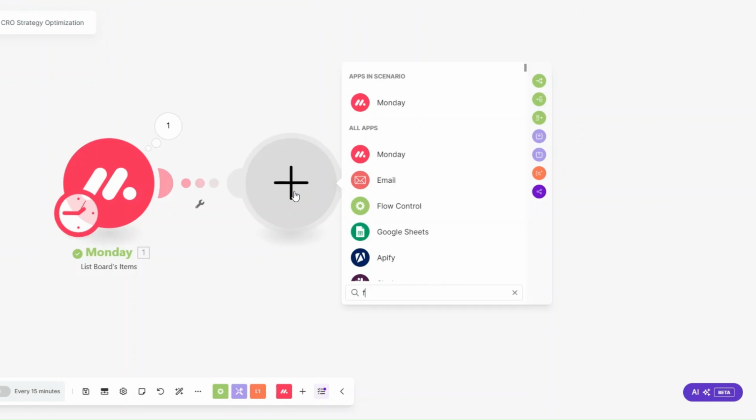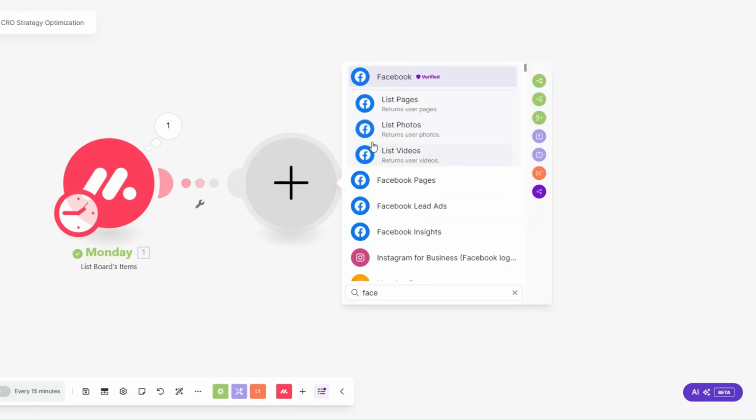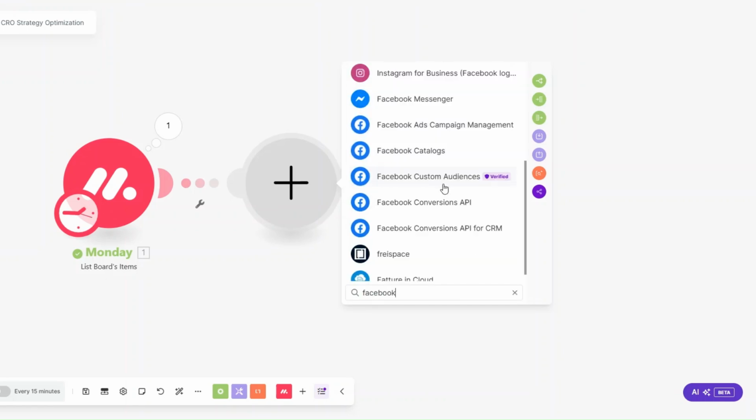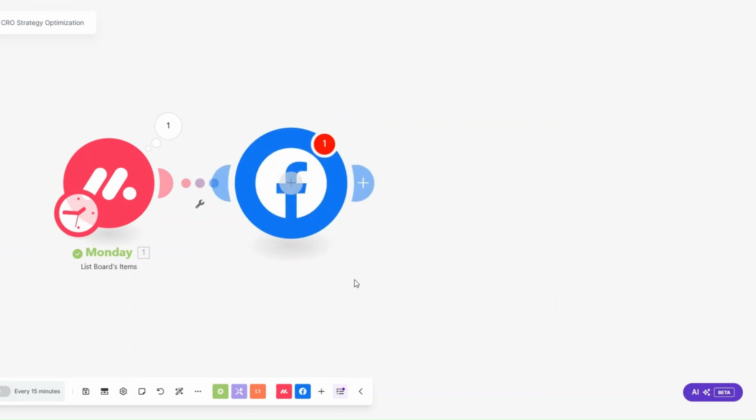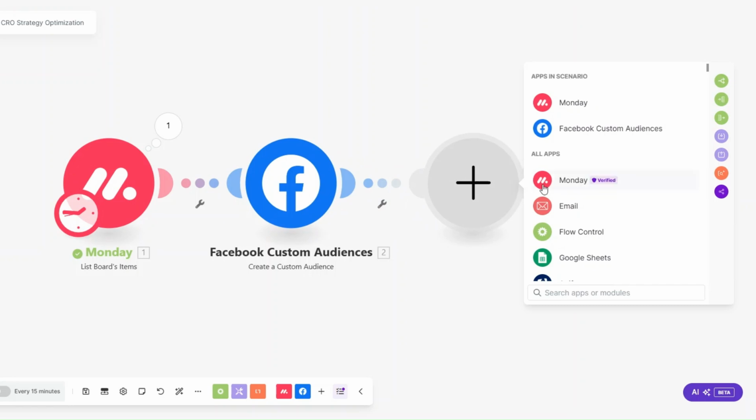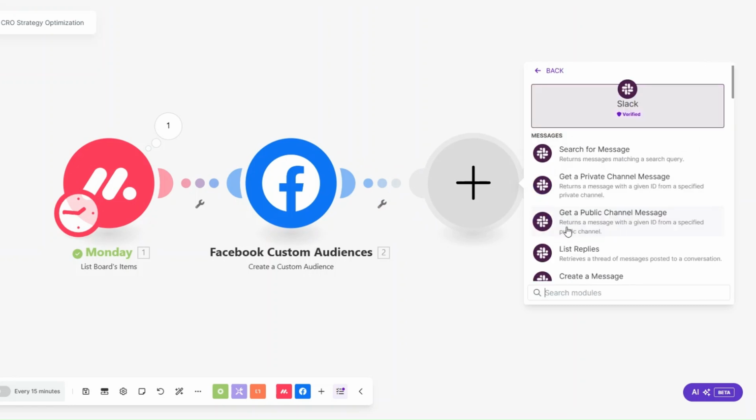So I'll add another module and I'll search for Facebook. And I'm going to click on custom audiences. Here we'll create a custom audience. Then we'll notify our team via Slack. So on Slack,